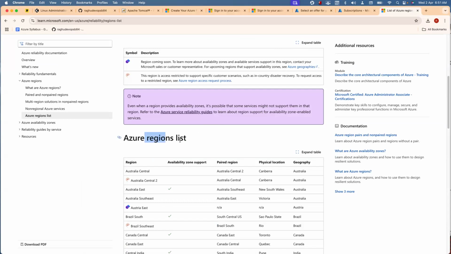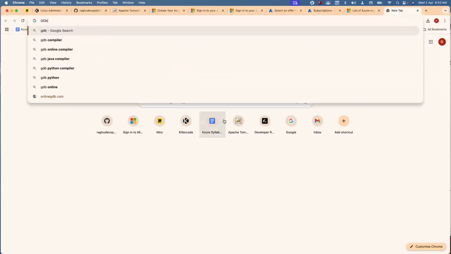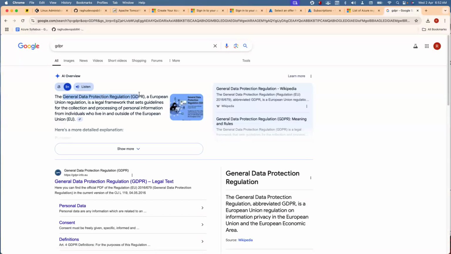Each and every region comprises certain data centers. Then why do they need to go to each and every country, and why do they need to do that in the very first place? Okay, there are two reasons for that, majorly. One is GDPR. Okay, GDPR is the General Data Protection Regulation, right? So that means what happens here is